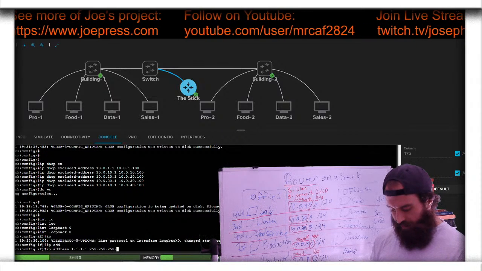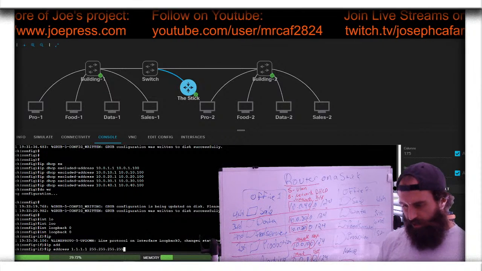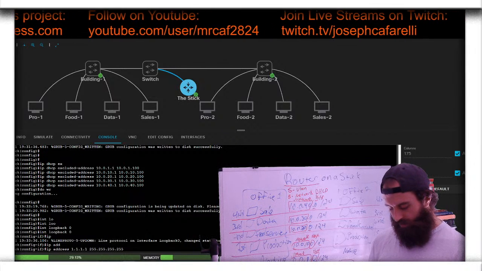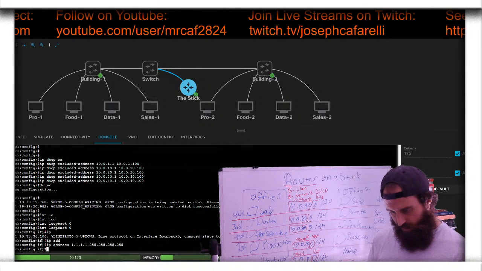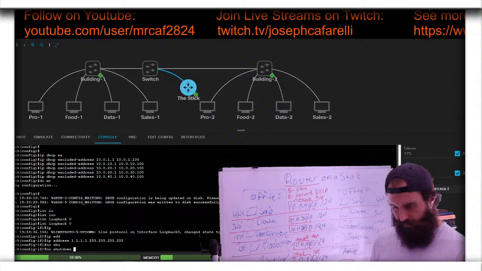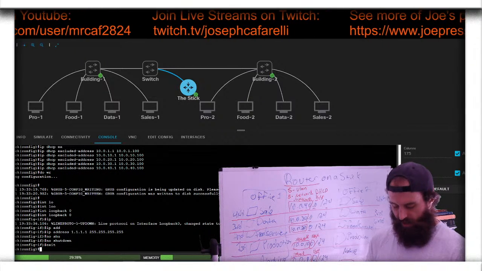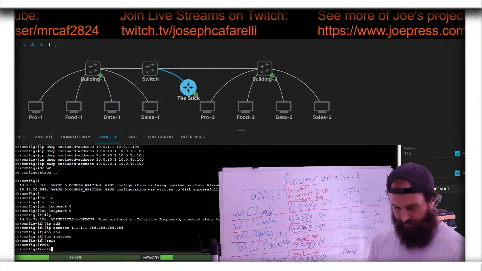So there's our loopback address, 1.1.1.1 with 255.255.255.255. So there we go. Give that a no shut. It's default up, but I just still give it no shut. Exit out of that. Now let's do router